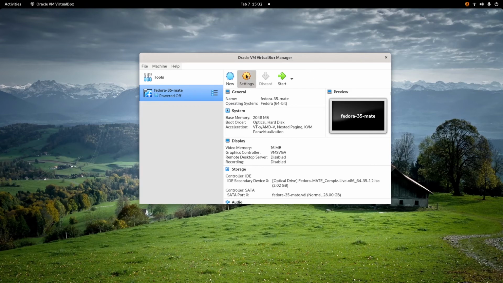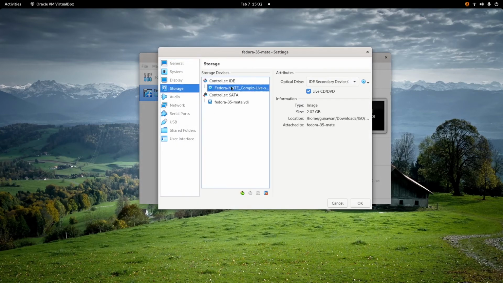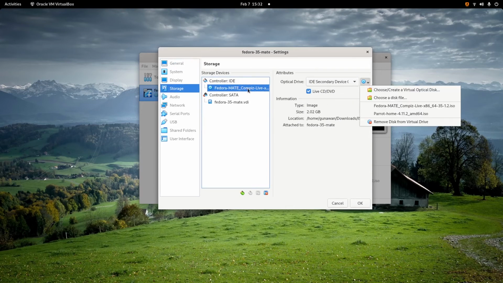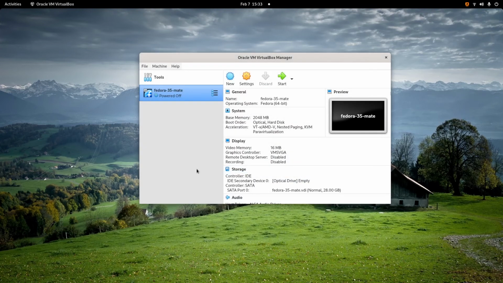Click settings and then the storage section. We need to unmount this ISO and then click OK. After we unmount the ISO image, our VM will load the virtual disk drive.